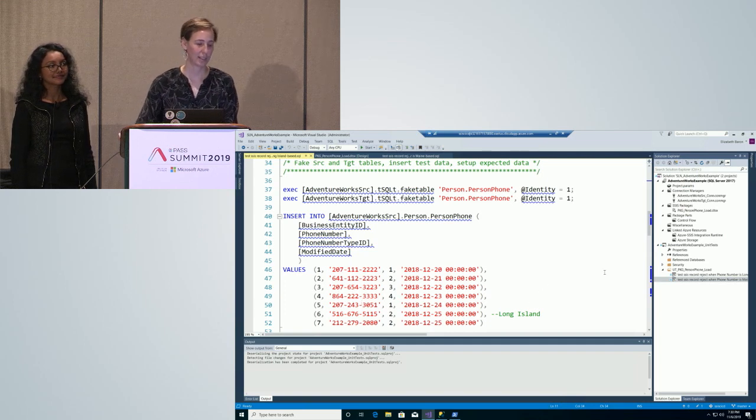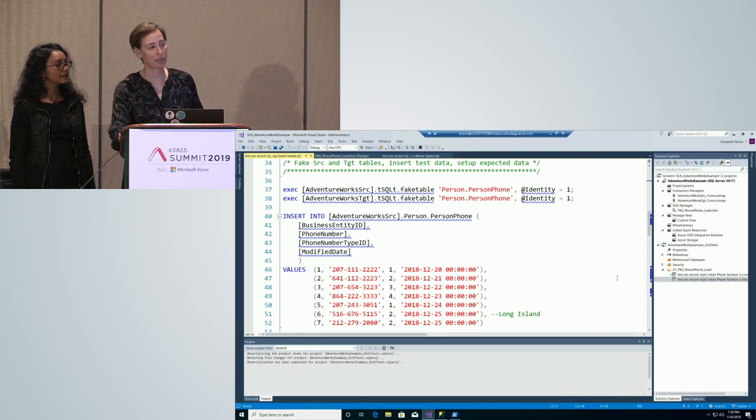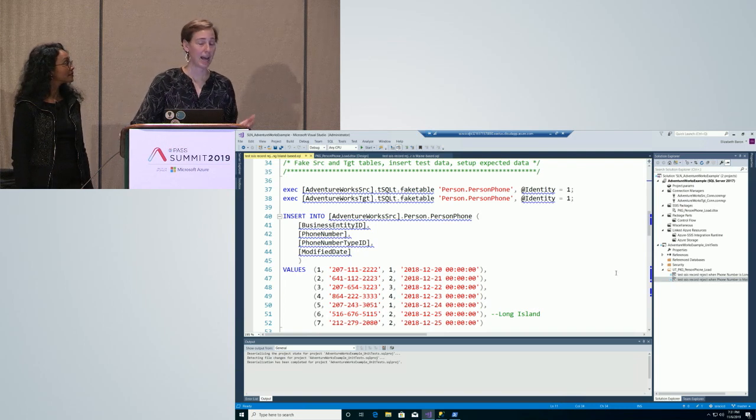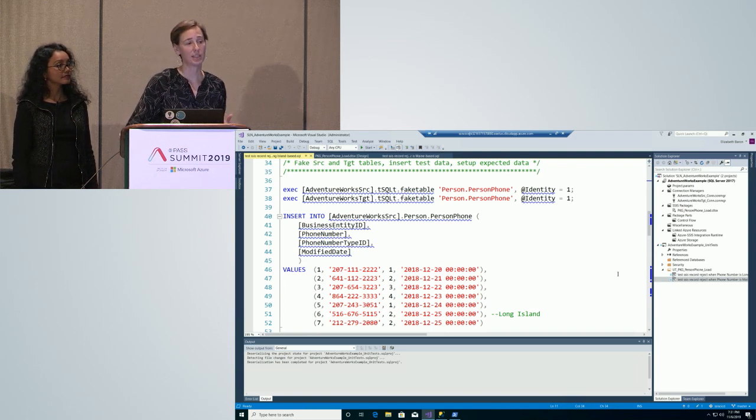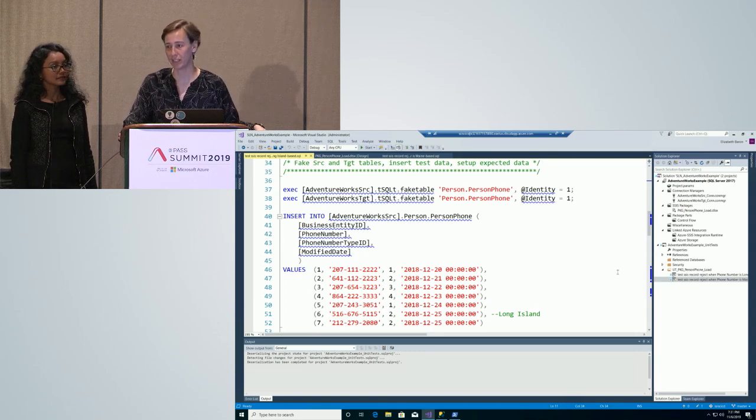So let's fix this. We can fix it one of two ways. We can say, actually, we have not met the business requirements and Long Island should be filtered out. Or we can say, you know what, this test is just straight up wrong. I'm going to assert that you should be writing your unit tests first and they should always fail until you've written your code. And that's how you know that you're done. So let's go fix the code.